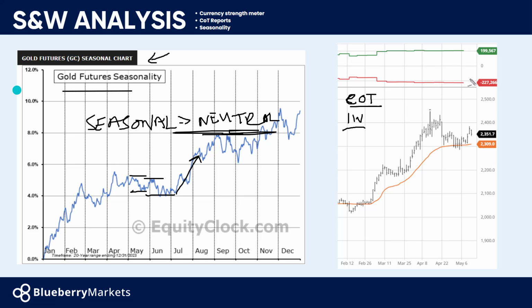Coming to the trader side of things is actually quite interesting at the moment. I don't have the complete up-to-date data here, but in the last couple of weeks we saw something interesting. Now the green line are what are known as non-coms. Non-coms are trend followers, hedge funds and whatnot, and then you've got the commercials here, which is the red line. Commercials are in the markets for business, so they look to hedge the markets.